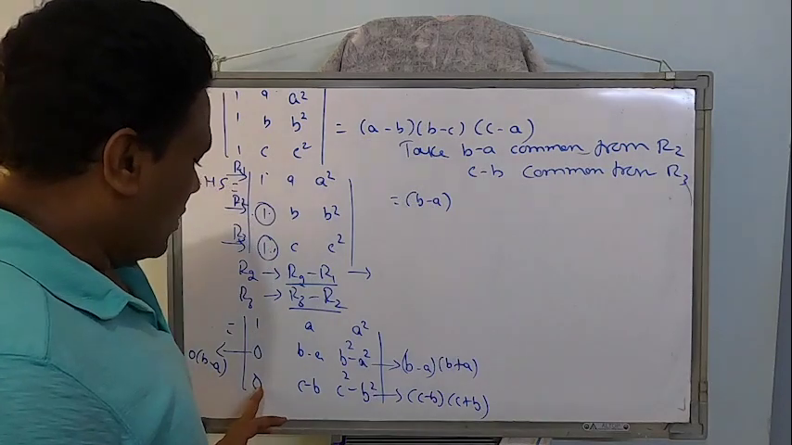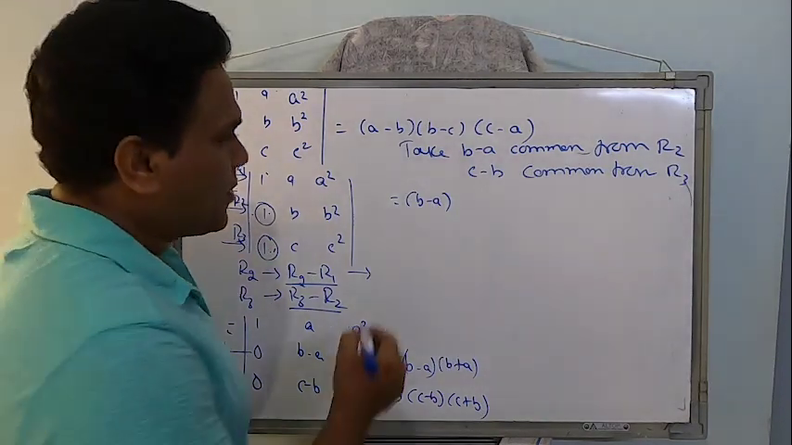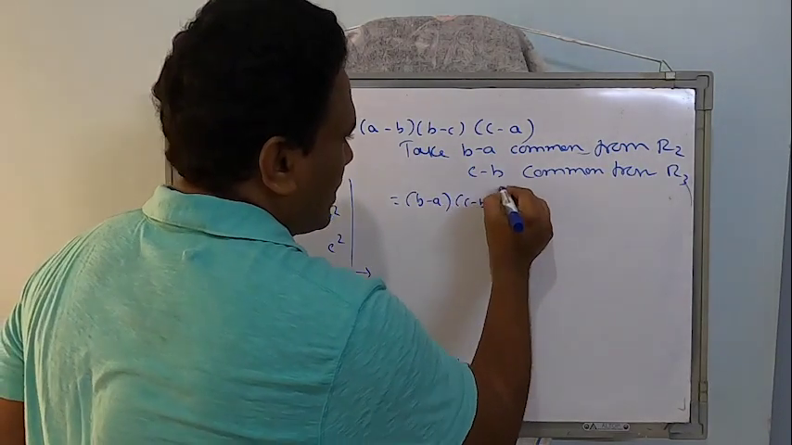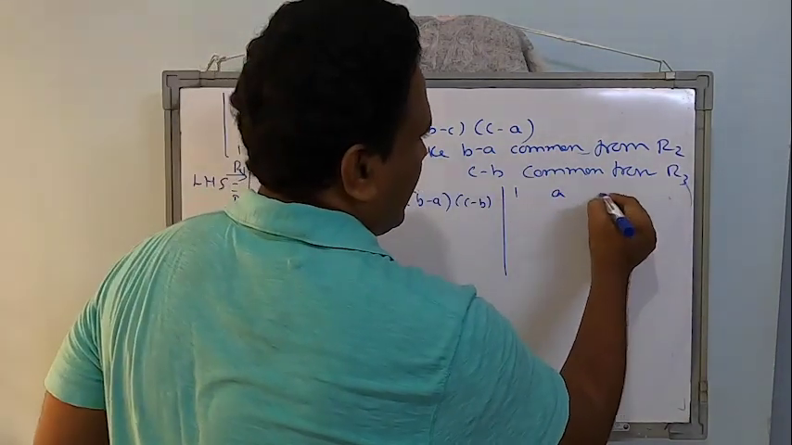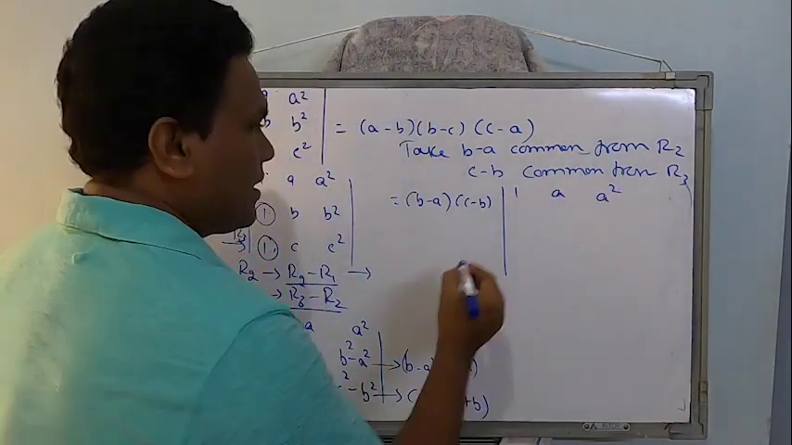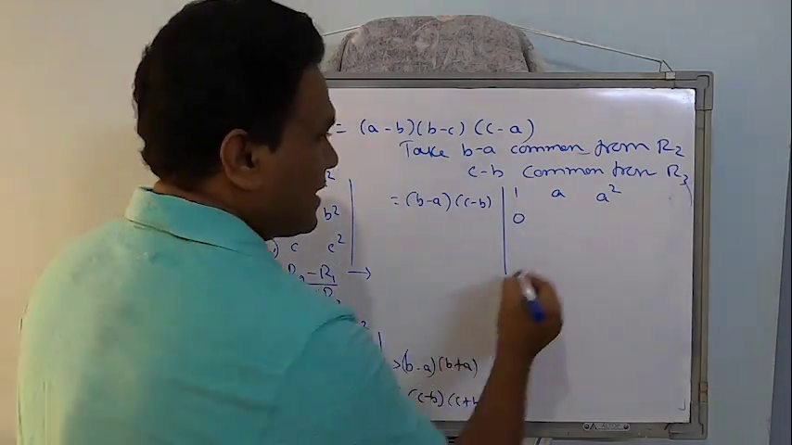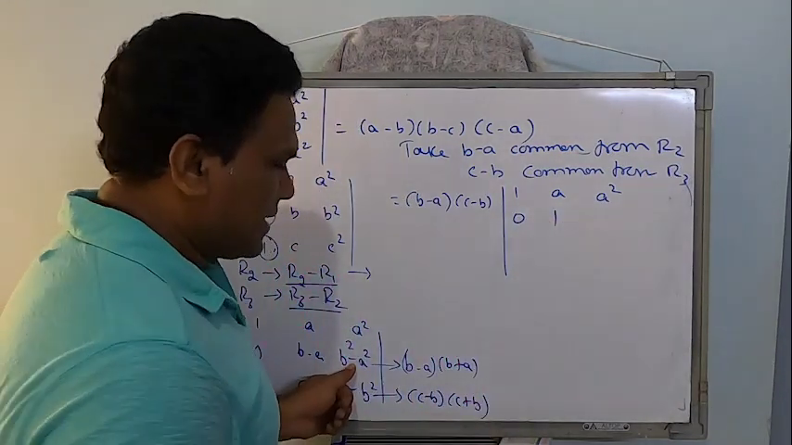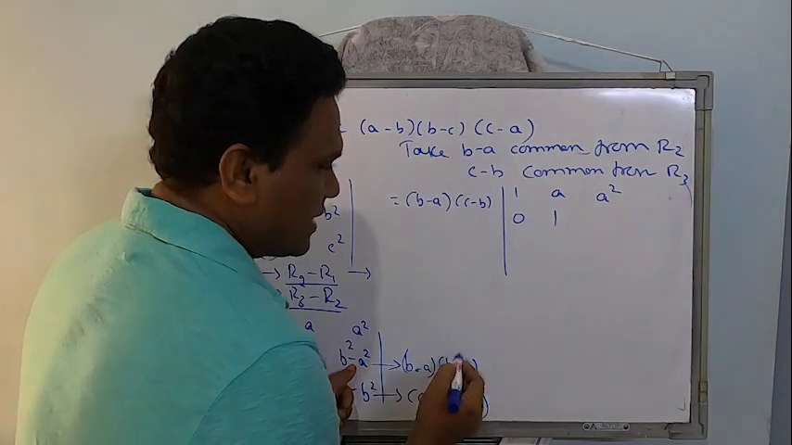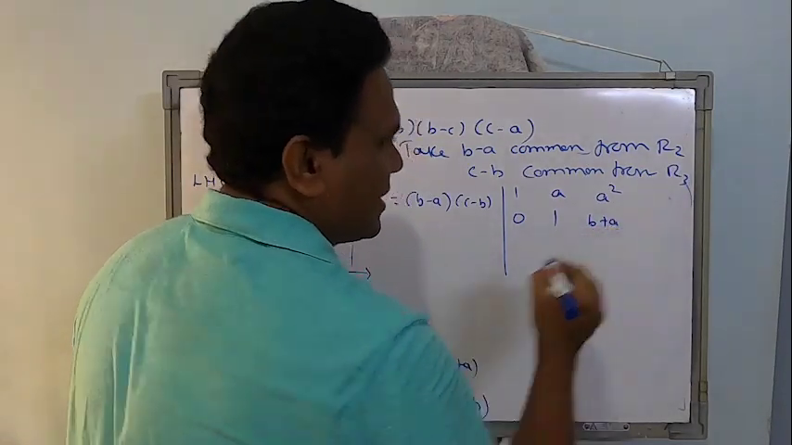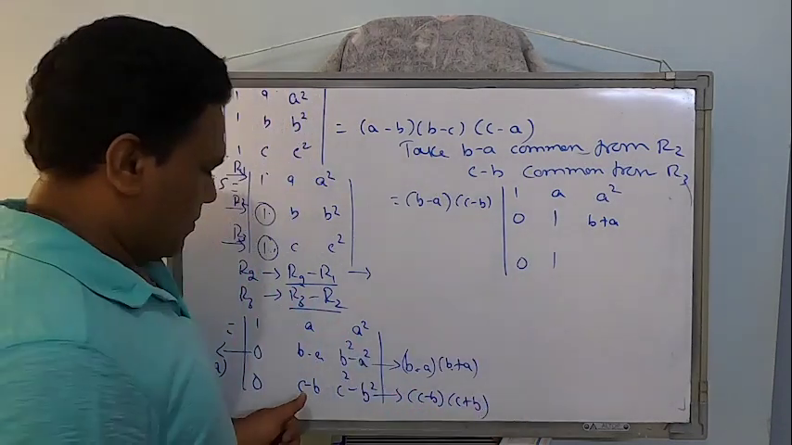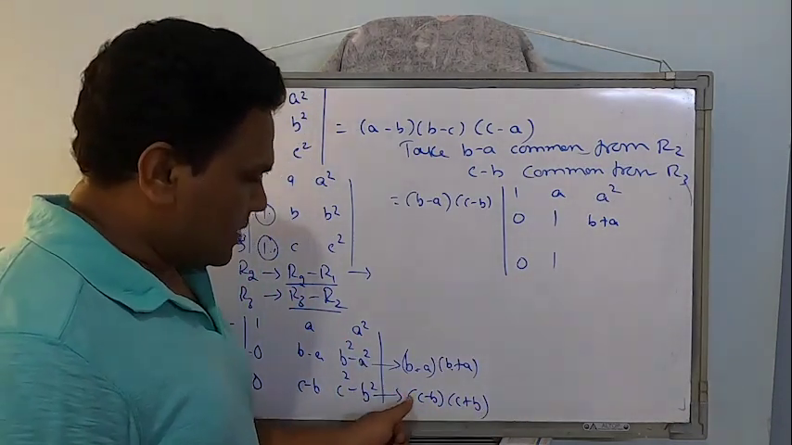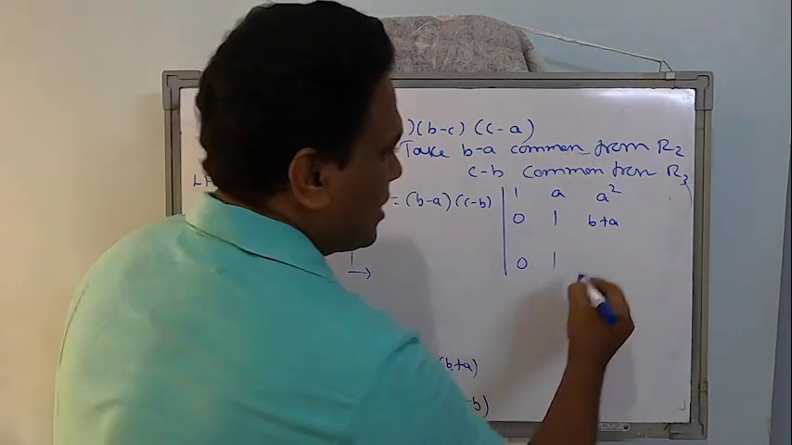And once again c minus b is common from here. After taking common, let's write the remaining. So 1, a square. 0 is 0 itself. b minus a is taken outside, so 1 in place of that. See here, b minus a is taken outside. The remaining element is b plus a. Now come to the next 0, 1. c minus b is taken out, the remaining element is,